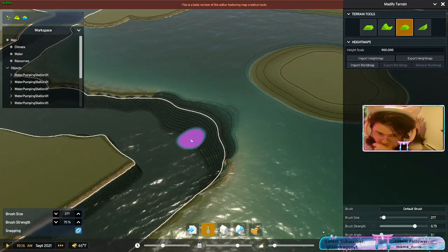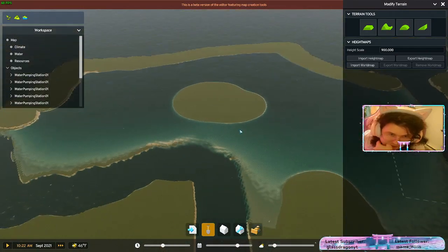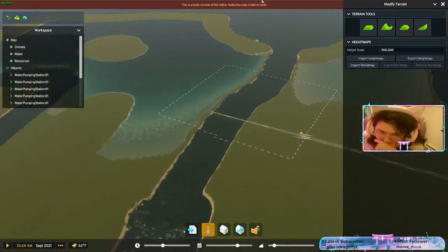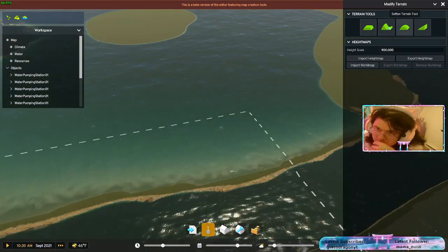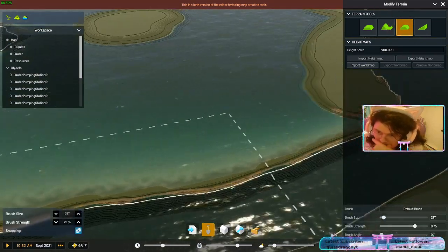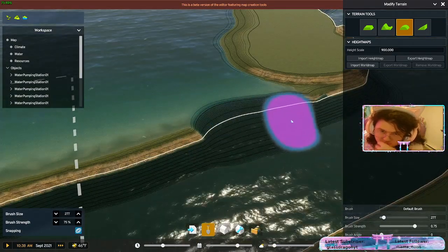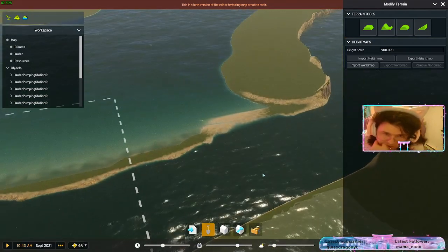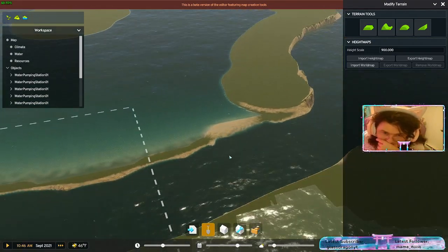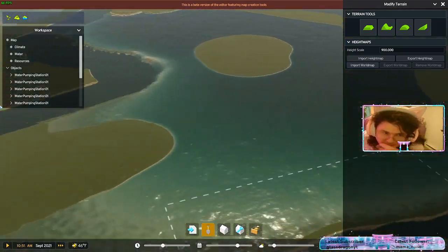Just kind of put it right there. Let's kind of start clearing it off out of there. And then do another slight little bit of some softening right around there as well. Let's kind of start clearing out the water